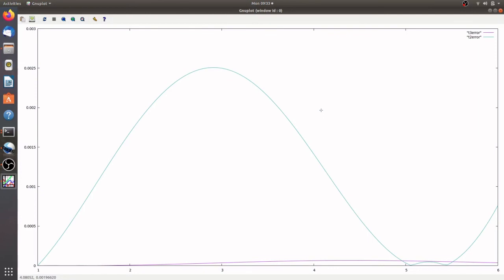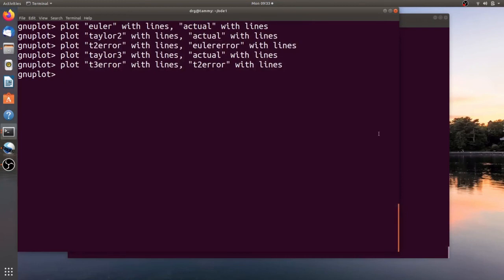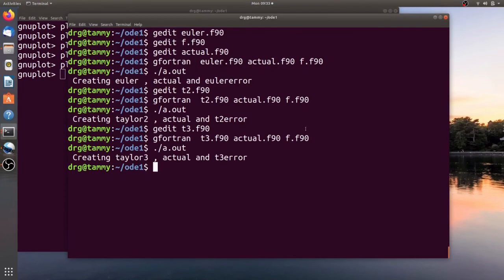The Taylor 3 error is much, much smaller than the Taylor 2 error. So roughly speaking, T3 is to T2 as T2 is to Euler. We should regard this as extremely good news. Everything is working the way we think it should work. And lastly,